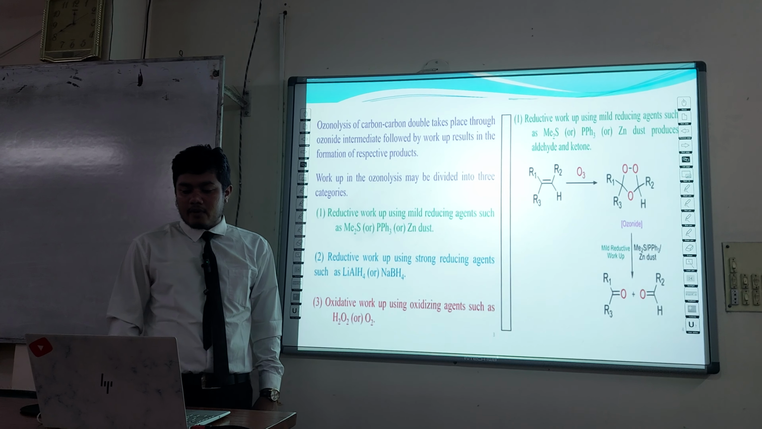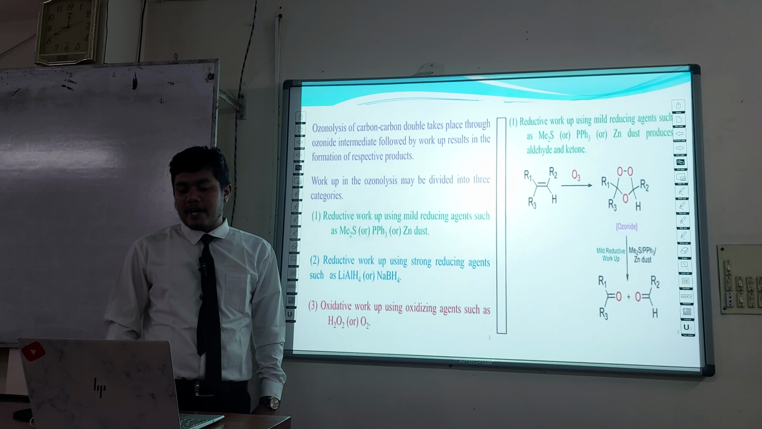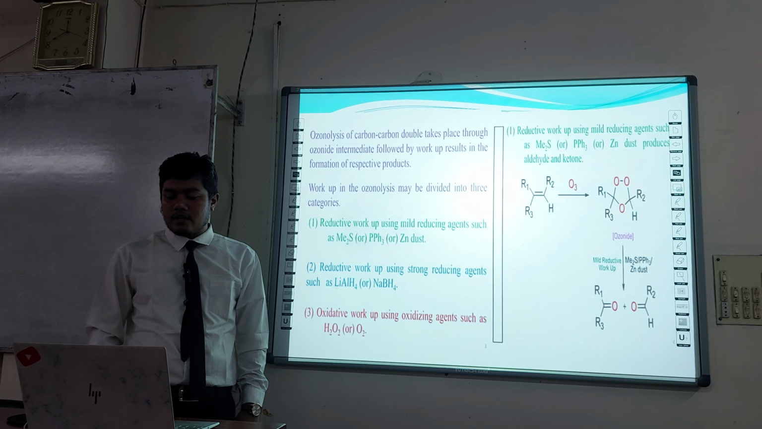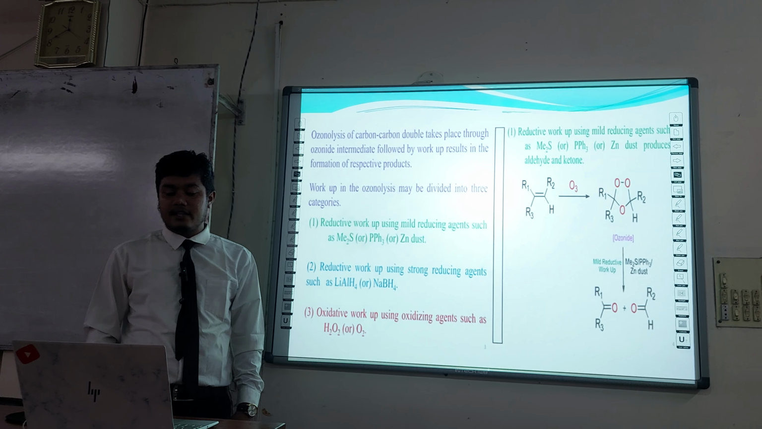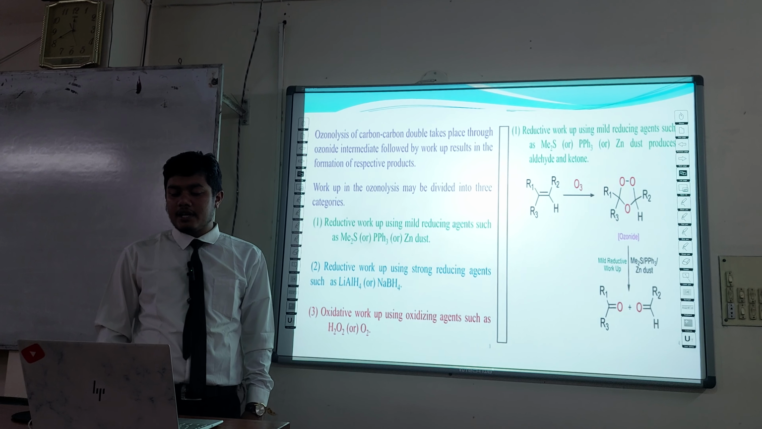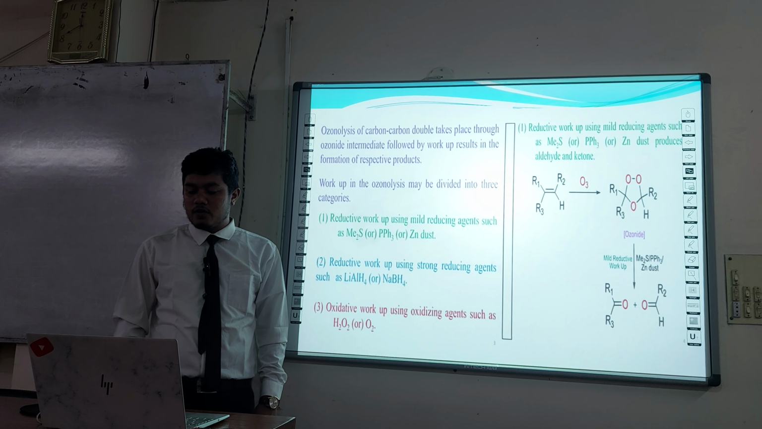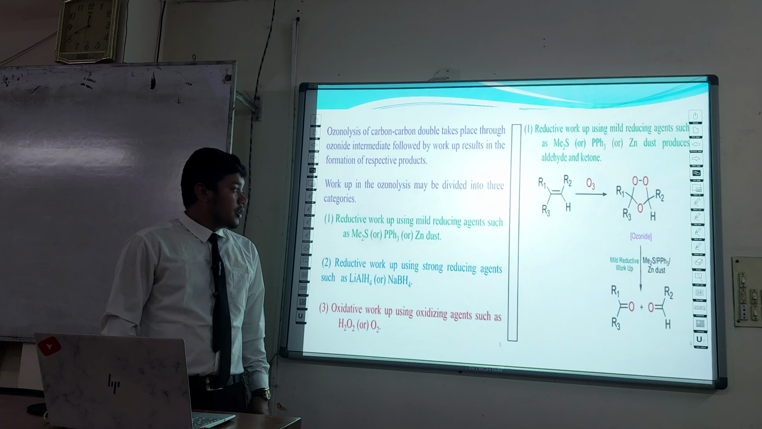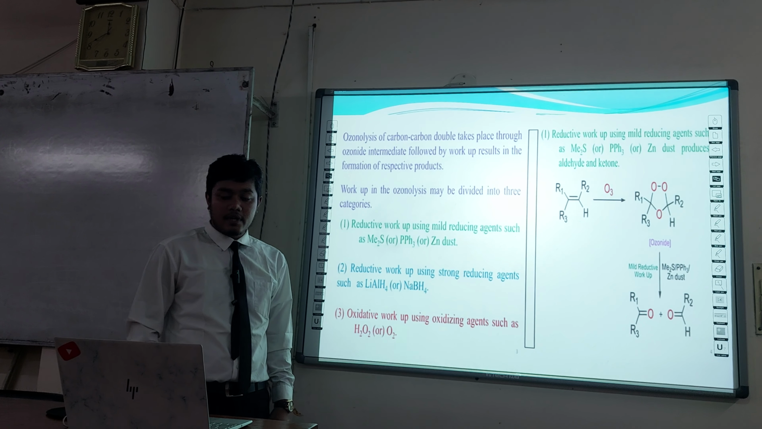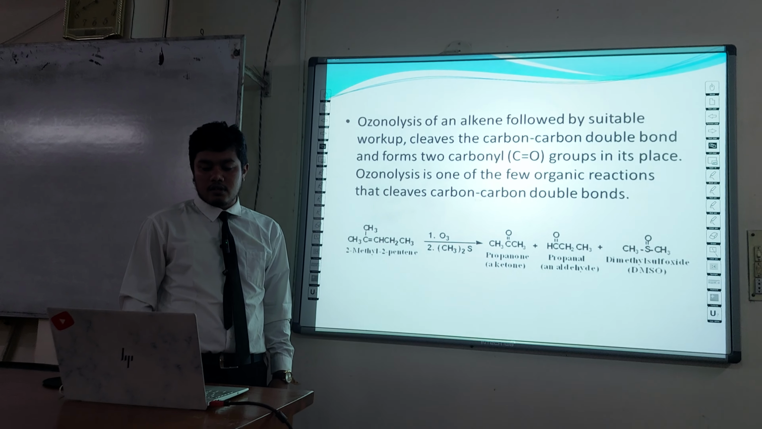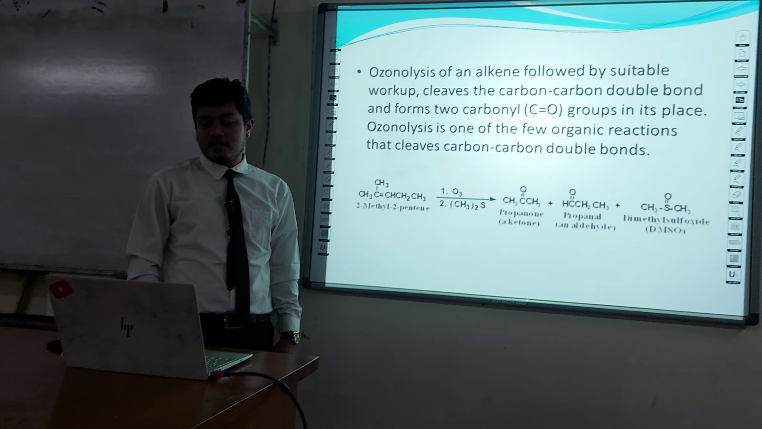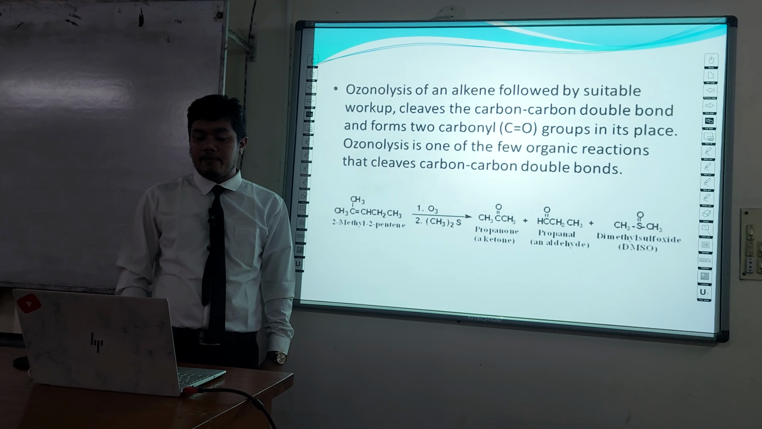Now I will describe the reductive workup using mild reagents such as dimethyl sulfide or triphenylphosphine. We can see that ethene or alkene reacts with ozone and forms an intermediate which is ozonide, and it can react with a mild reagent and form a carbonyl product. We can see an example of an ozonolysis reaction: ozonolysis of alkene followed by suitable workup, cleavage of carbon